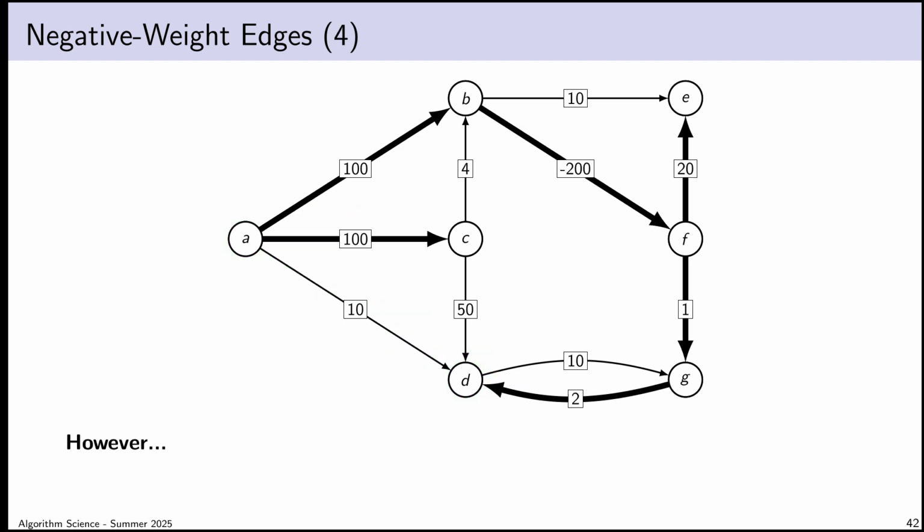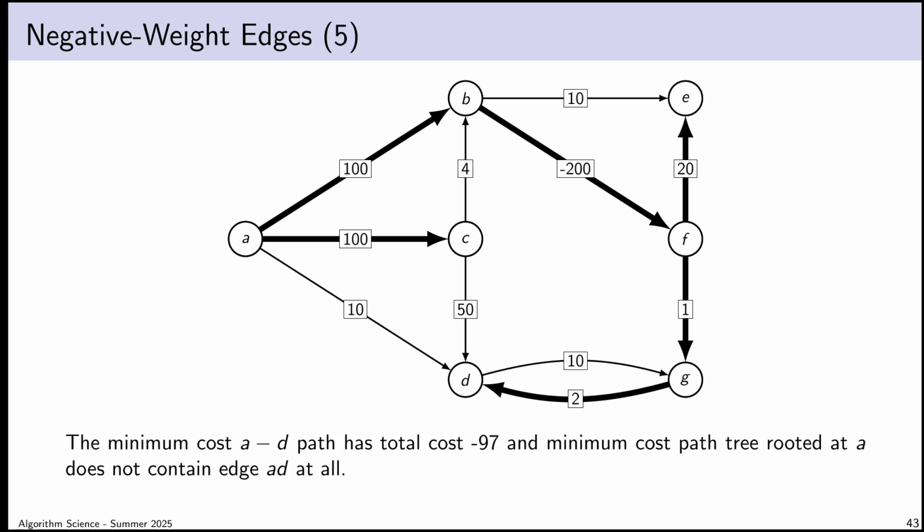But it turns out there's a problem. So it turns out that elsewhere in the graph, far away from my starting point, and we could make this arbitrarily far away if we wanted to, so thousands of vertices away if we wanted to, there's this edge. This edge has weight -200, which means, yes, it does cost a lot of money to travel to vertex B. But once I get to vertex B, somebody writes me a check for $200 to go to vertex F. So by the time I get to vertex F, I have actually made $100.